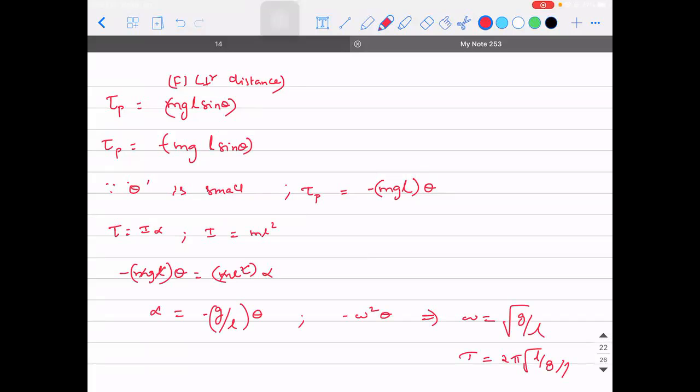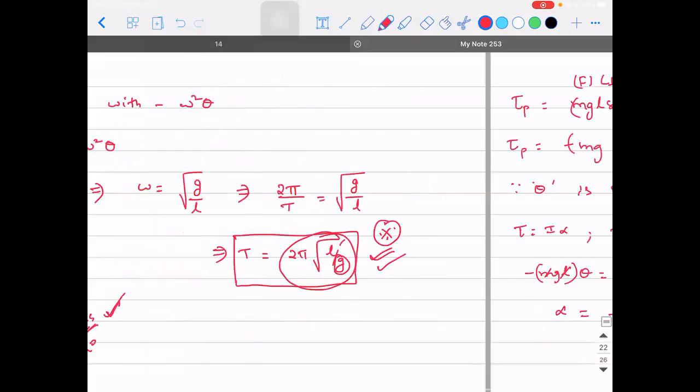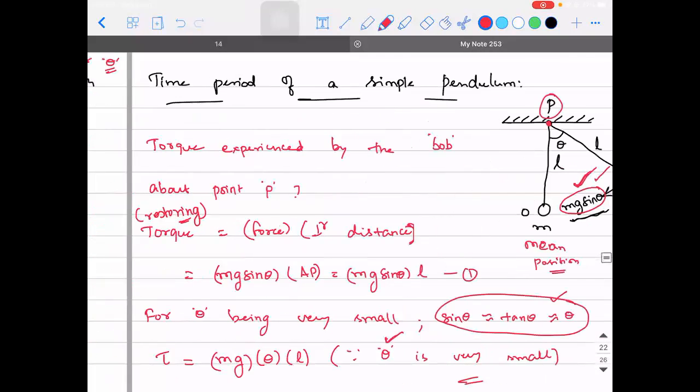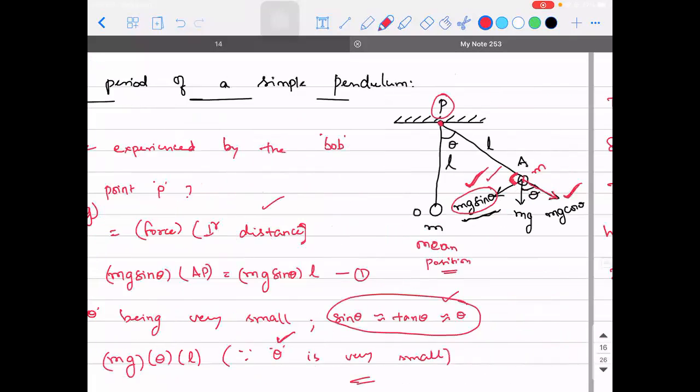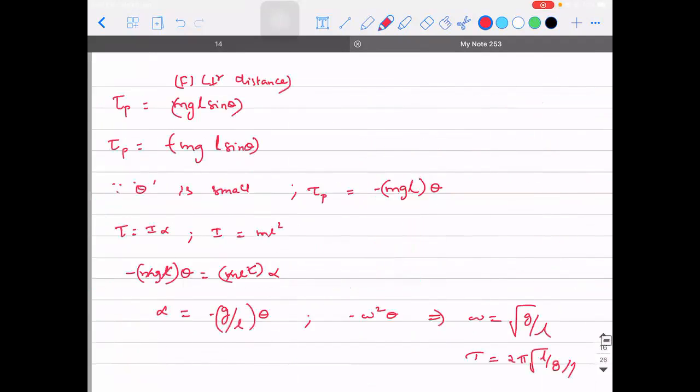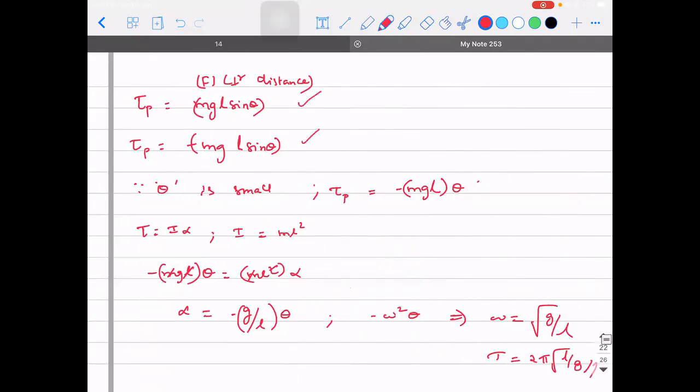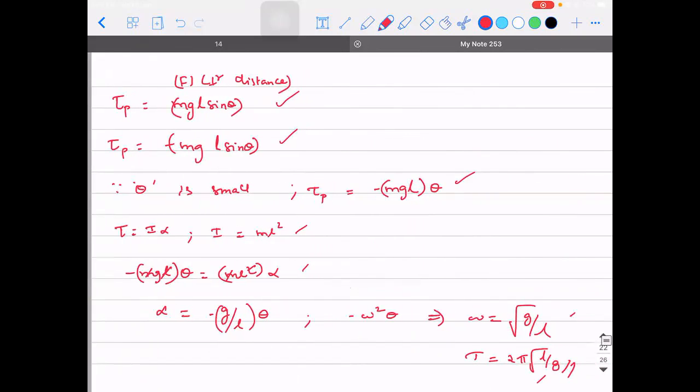When you're practicing, you need not write everything. But when you write it in the exam, this is how you need to do. You need to write why that particular expression has come. But when you're practicing it for your purpose, you can do it like this, so that you will remember the intermediate steps. If you practice it like this, there will be a point where you can skip a few steps also and obtain the final expression. Then you will get used to it. I hope this is clear. Shall I proceed to the next one?